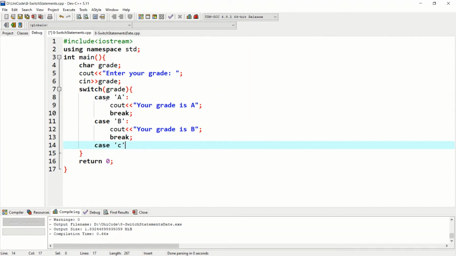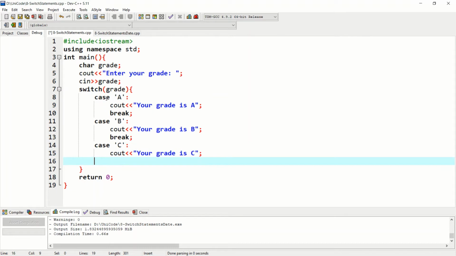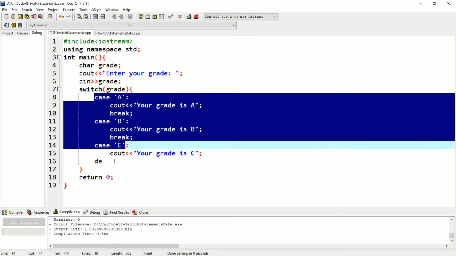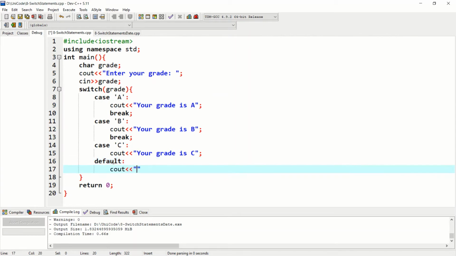case C, capital C, colon, cout "your grade is C", and a default case, in case the user didn't give an input matching any of these cases. We can give a default case: default, cout "you have not entered A, B, C". We can just capitalize them,